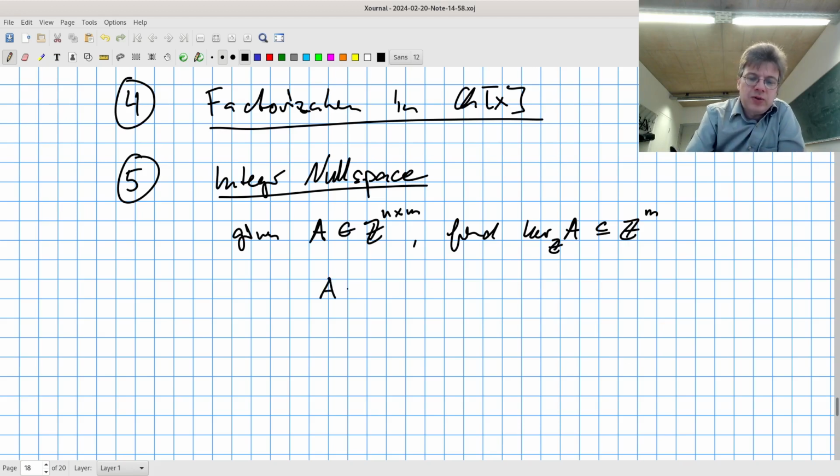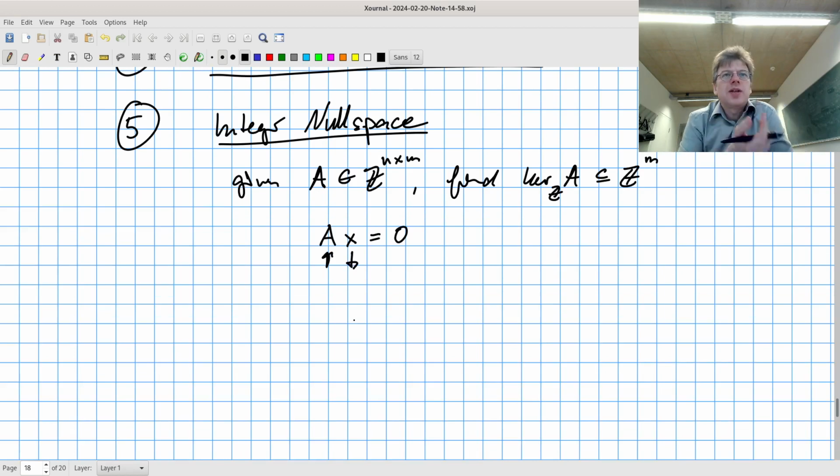So how can we say I want to find all x such that Ax is equal to 0? A is given and x is what we want. The idea is the same as before. The approach is always the same. You want to construct a lattice where what you know is big and what you don't know is small. What I know is the A, and the A has certain integer entries that have a certain size. And the x's, let's say the basis vectors of this kernel, they also have a certain size. And these are things that I cannot change,